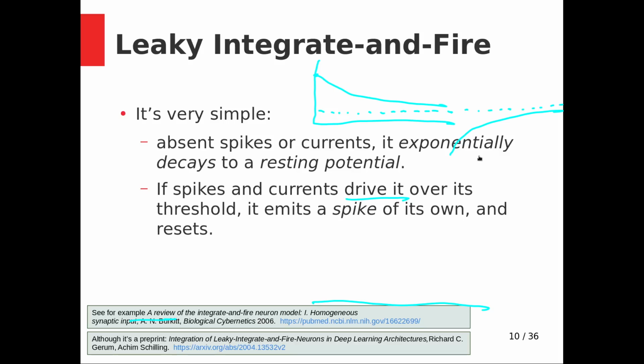So absent a driving current or spike, it will just exponentially be drawn from wherever you let it go to its resting voltage. Okay, yeah, if a combination of spikes or current drive it over its threshold, it emits a spike of its